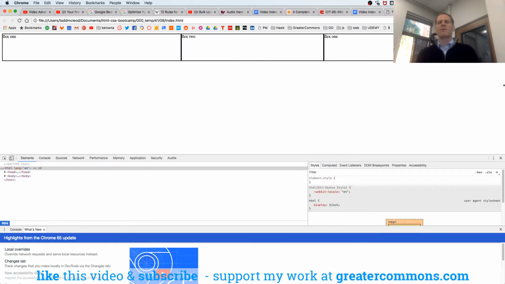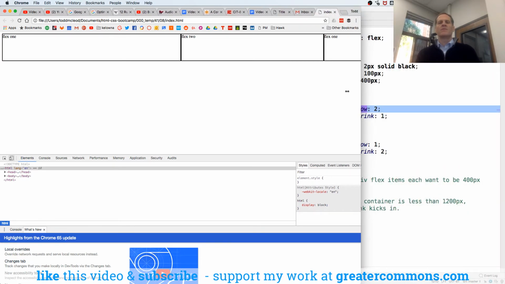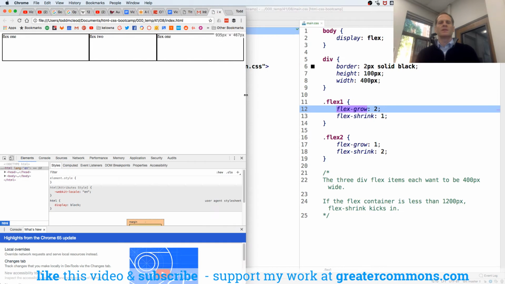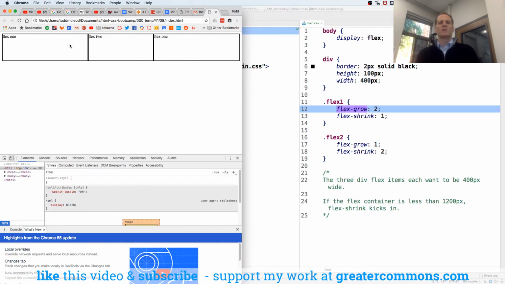And we can see that, right? And then flex shrink, we get beneath 1200, and then they shrink as they were doing before, which was 1, 2, 1, which is 4, so 1/4, 2/4, 1/4. And I know 2/4 is 1/2, but